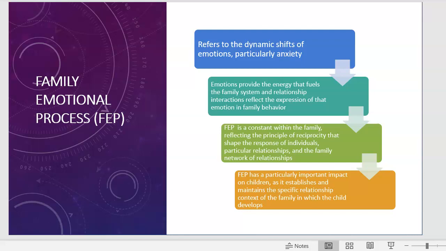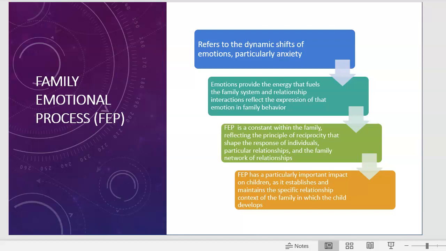So think about this. If there's a lot of conflict between the parents and there's a lot of acrimony and negative feelings, that's going to impact upon the children. And the children may take that anger and aggression and express that within their peer relationships. That's one way that the family relationships are shared externally as well as within the family system.